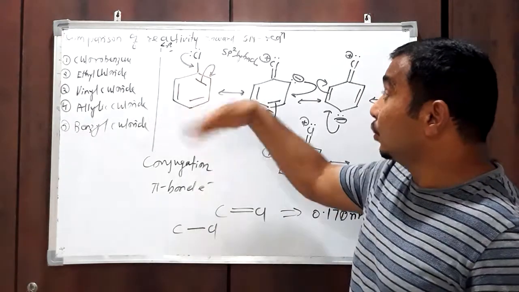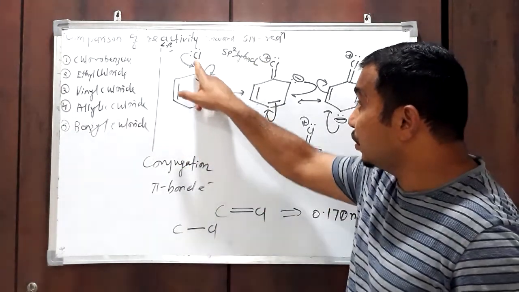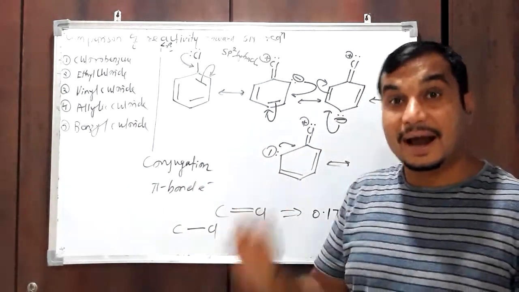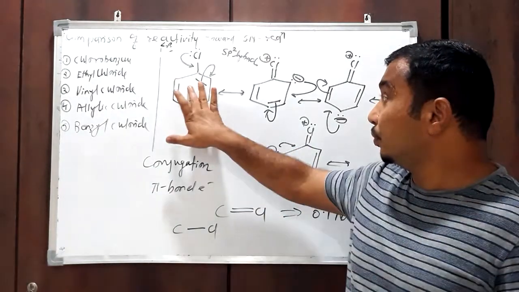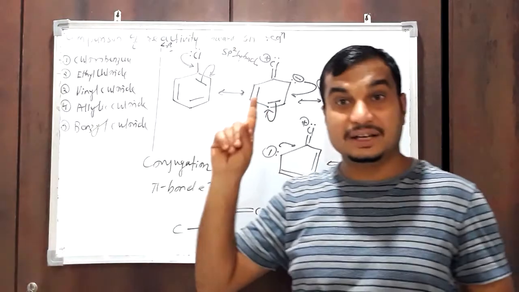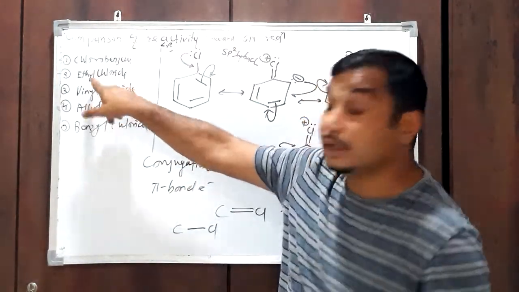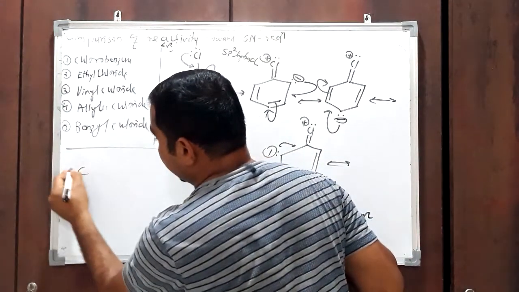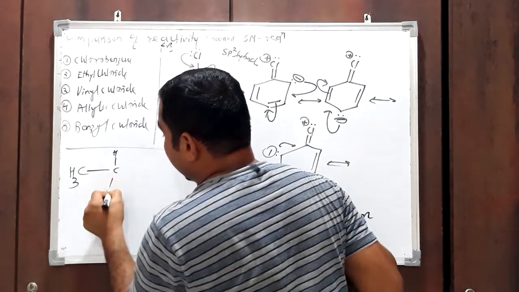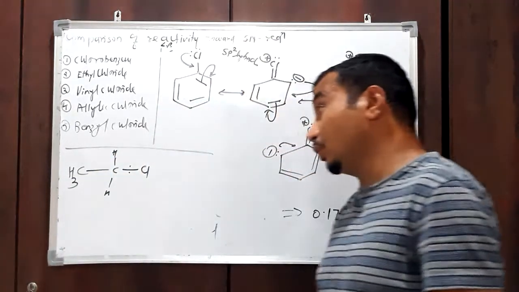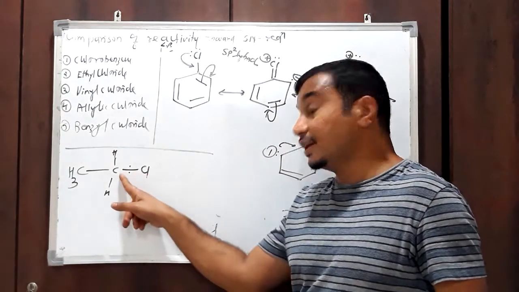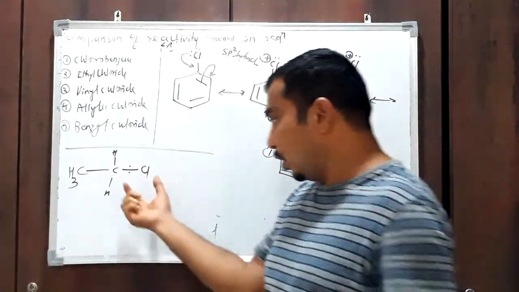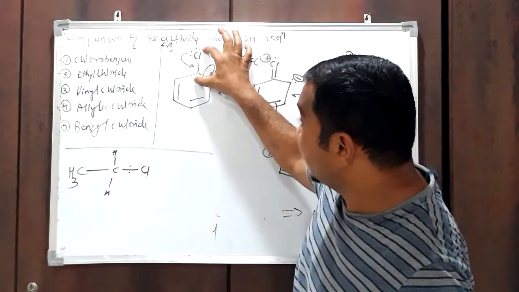During nucleophilic substitution reaction we have to break this carbon Cl bond, but to break it higher energy is required, and due to this the reactivity of chlorobenzene in nucleophilic substitution reaction is lower as compared to alkyl chloride. If we compare, alkyl chloride means ethyl chloride, for example, and this ethyl chloride has a chlorine atom attached to an sp3 hybridized carbon atom, which contains less percentage of s character, and the bond is somewhat weaker as compared to the C-Cl bond in chlorobenzene.